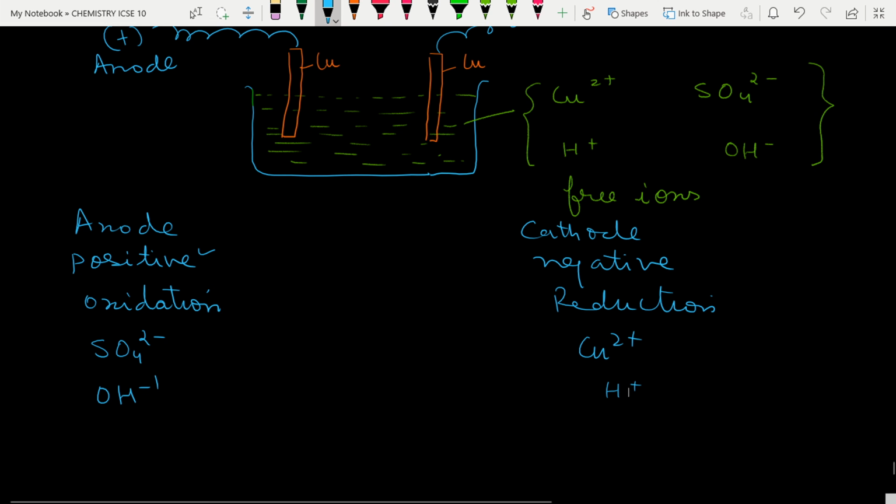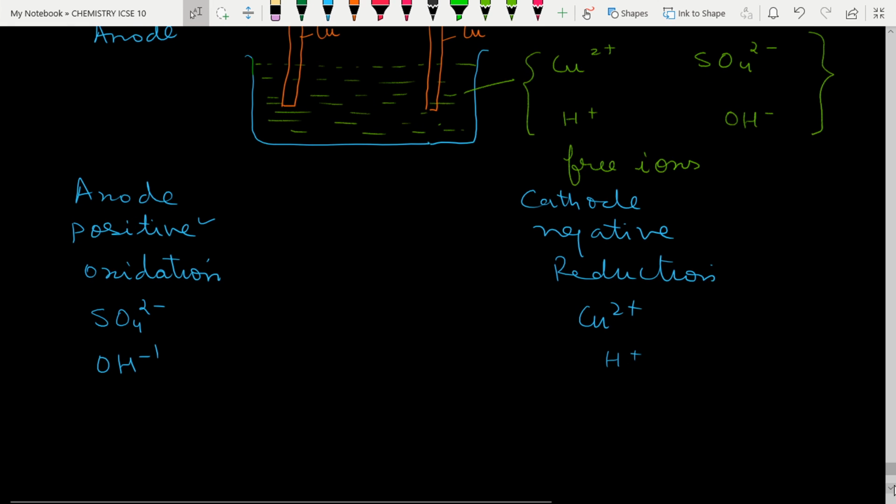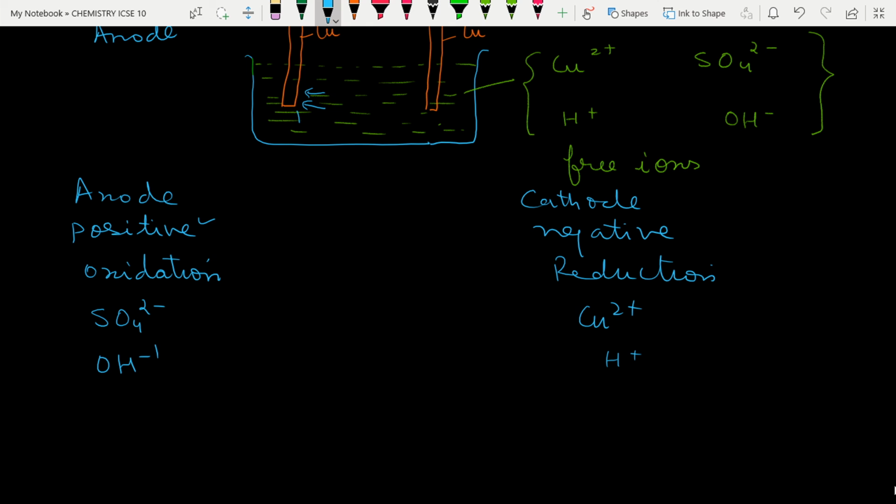But here there is a twist. And what is the twist here? When sulfate and OH- will reach here, sulfate and OH- have reached. So here, as the anode is made up of copper, this copper will take an active part and this copper will start dissociating. It will lose 2 electrons and form Cu2+. They will be left, and what happens, copper metal of the anode will start dissociating, and yes, of course it will fulfill the condition of oxidation.